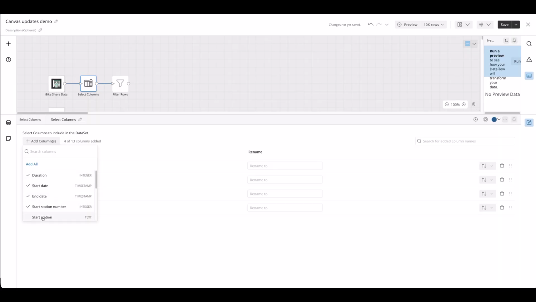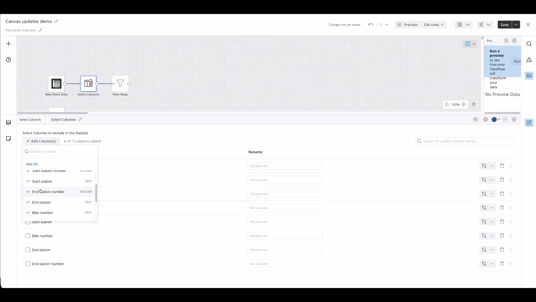But wait, there is more. Not only can you still drag and drop the columns like you used to be able to, but there's a little reorder button here that lets you move columns to the top or bottom individually, which is